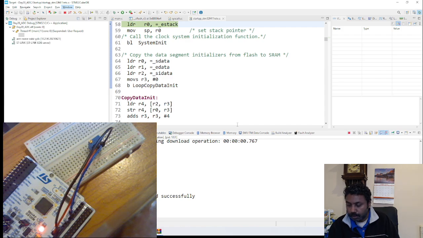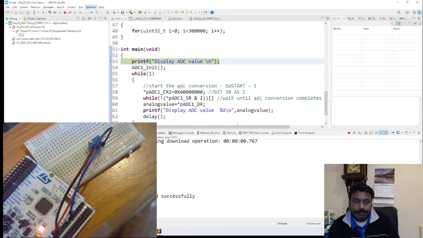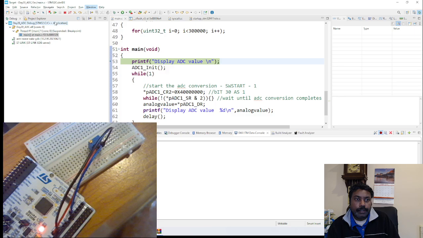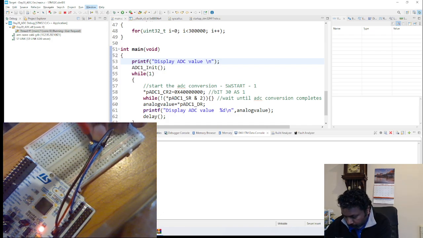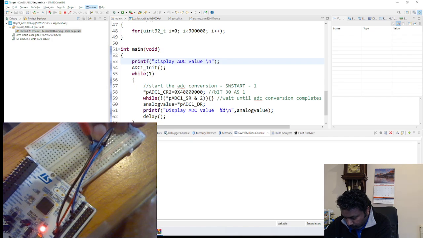Switch, SWV data console, start the trace, and then go and run the program, display ADC value. When you start to adjust the knob,